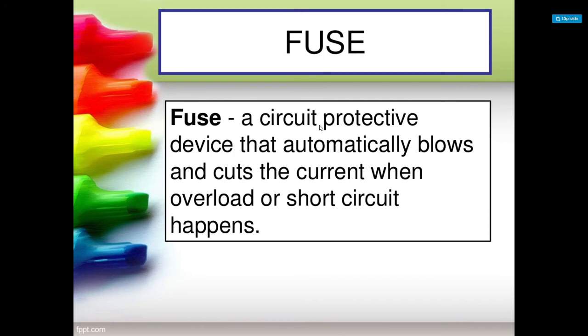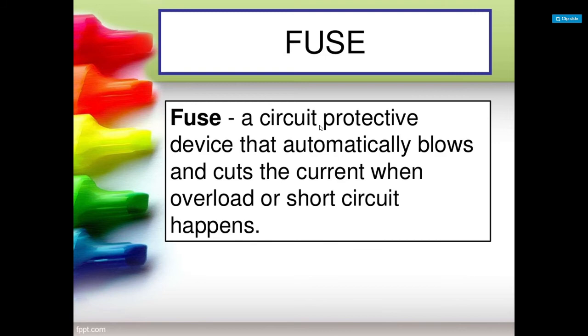But you put another extension cord to your extension cord and plug, let's say, 5 or 10 appliances, then that is overloaded already. So the effect of overload is it will make the wire very hot until it will melt the insulator of the wire, and then the two bare wires will touch each other, and then it will create a fire. And if your house is made up of flammable materials like wood or those that can be easily